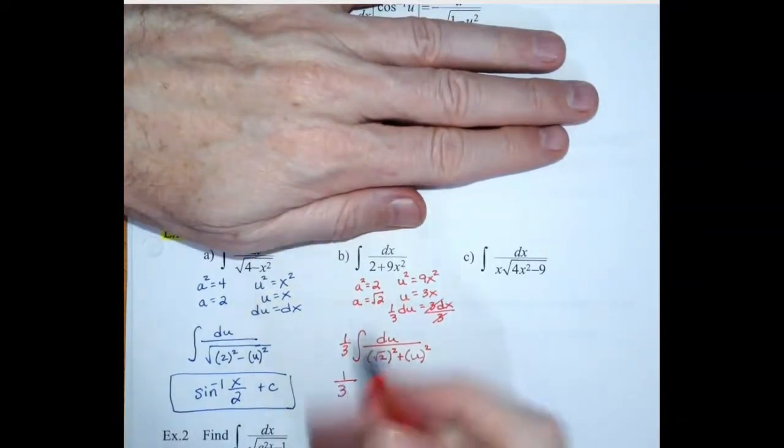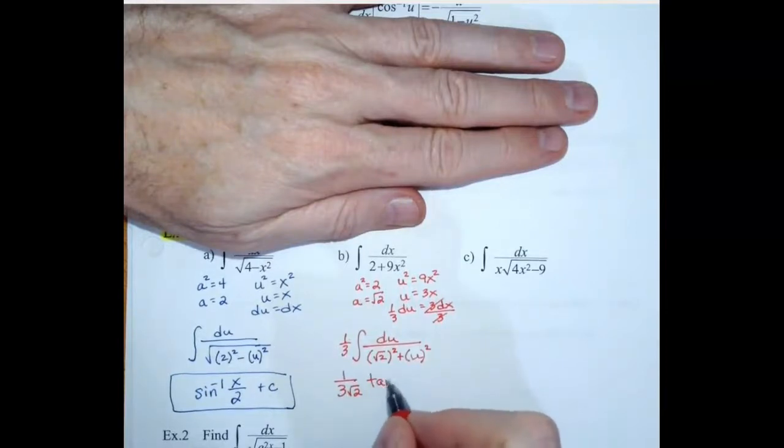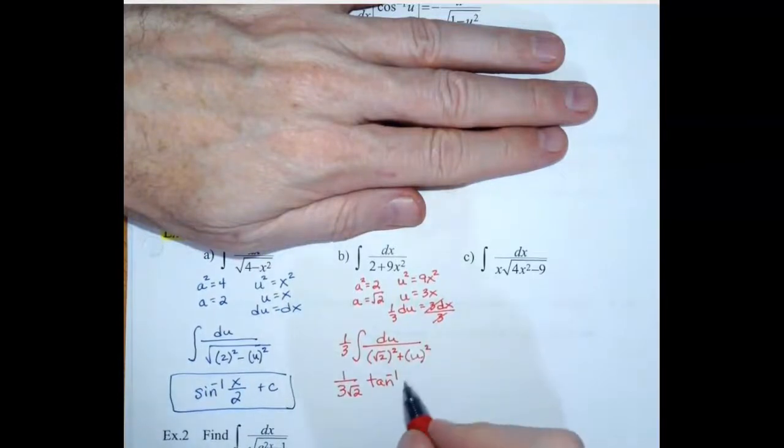1/3, and remember that tangent is 1/a. It starts with 1/a, and secant has that also. So a is root 2, so that's going to be that, and then it's arctan. Could have written arctan to mix it up a little bit. Maybe I'll do arc on that one. And then it's